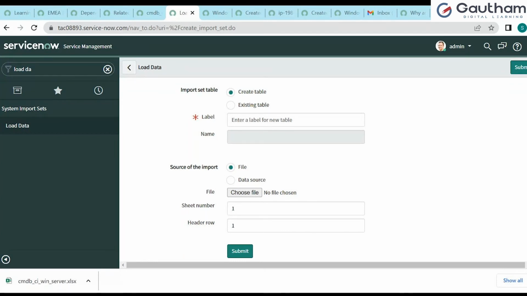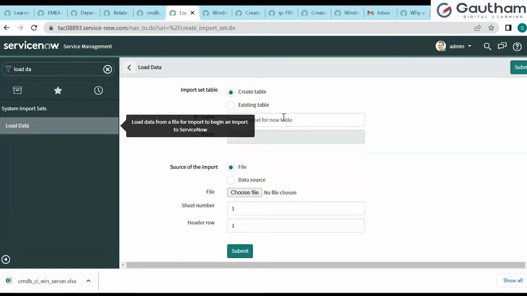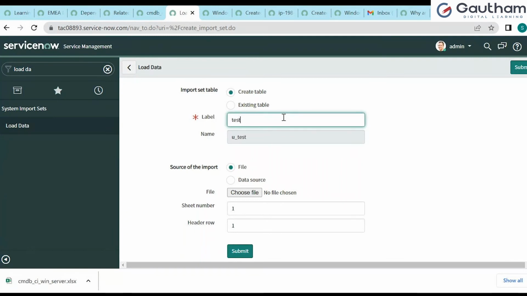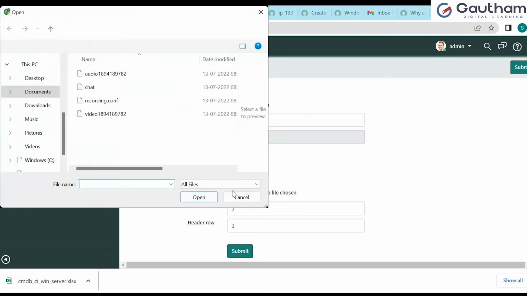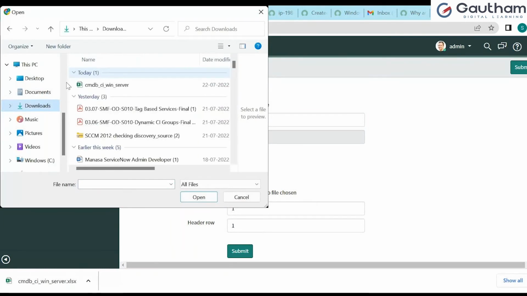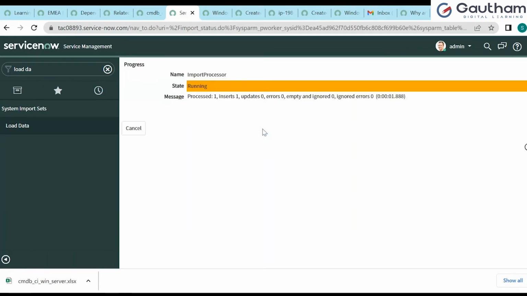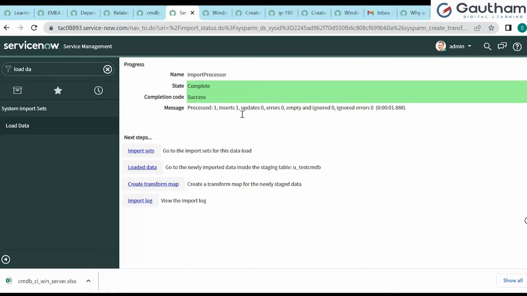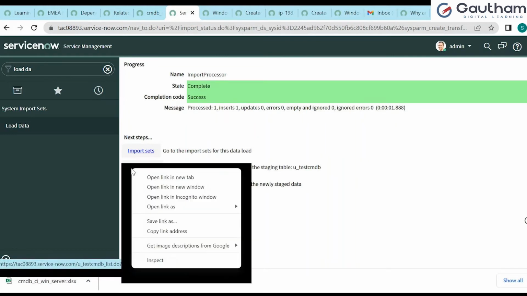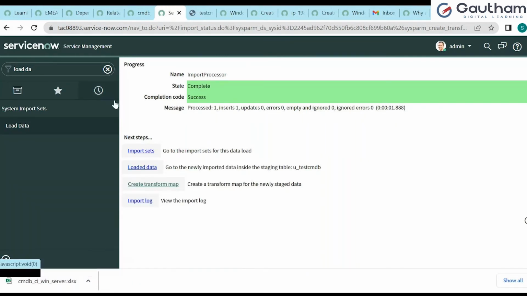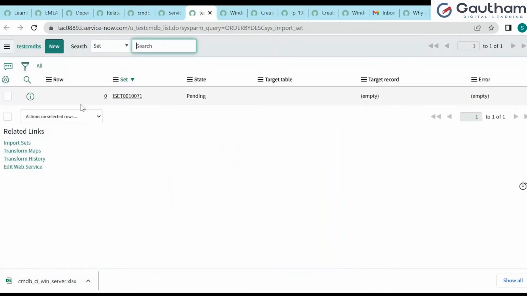In that Excel, I have changed the space as 50. Okay. Now I'm trying to import that particular one. It is imported. Let us see the loaded data also, and we can create the transform map for this. So the loaded data is like,